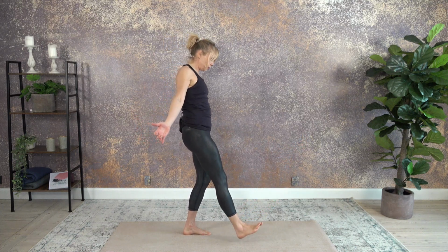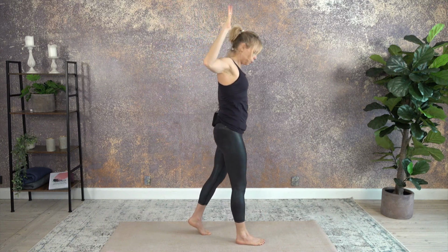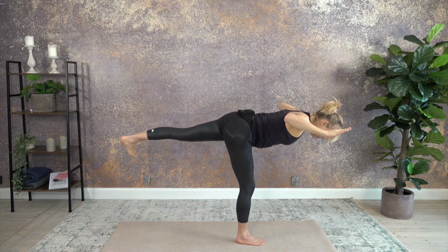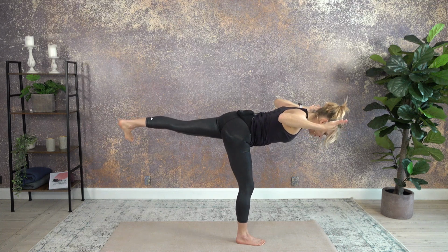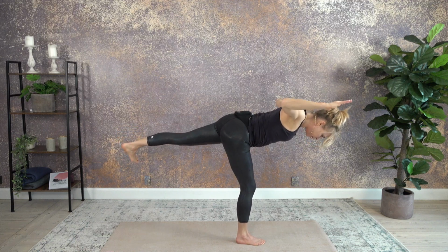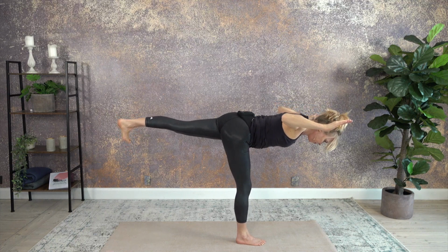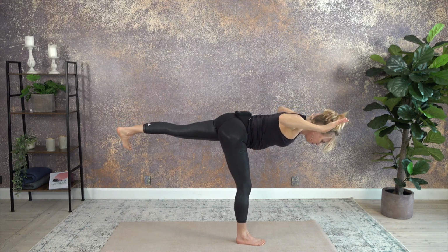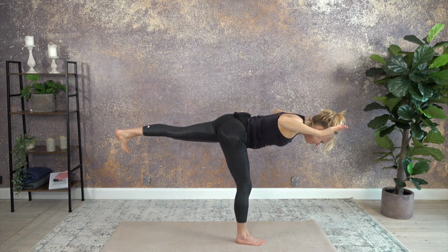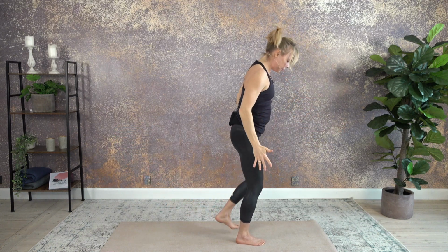Lower your left foot down. Cactus arms, or just reach the arms out, whatever works. Warrior 3, a variation. Your right leg back. Can you lift your elbows, your arms higher up towards the sky? One more breath. And then standing tall, right leg